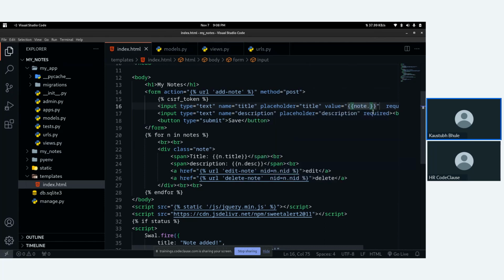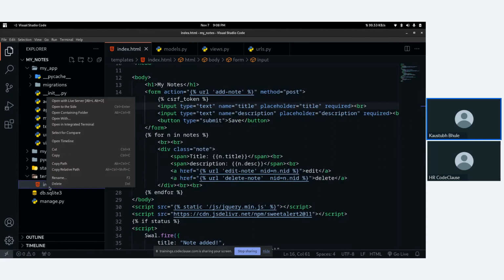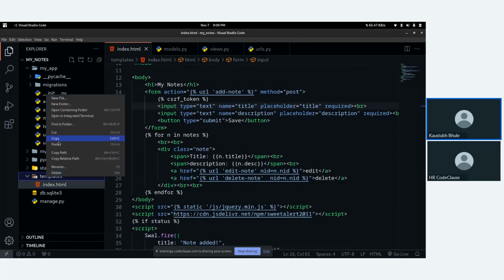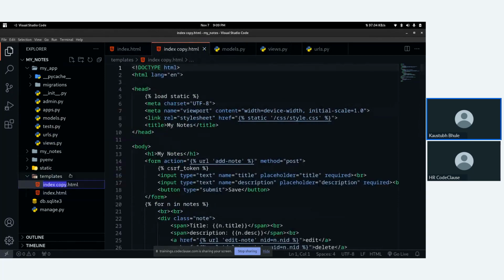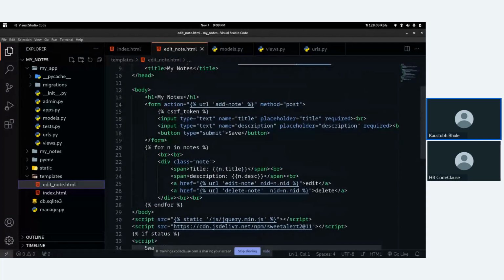So note dot title. Actually, instead of doing this, we are just adding more complications, right? So just copy this thing and paste and just change the name to edit underscore note dot html. Fine. Now just change to edit note.